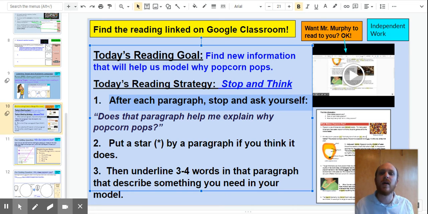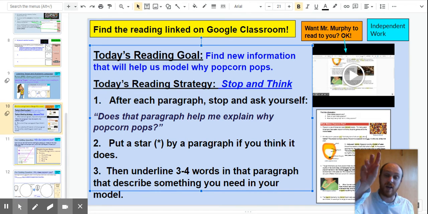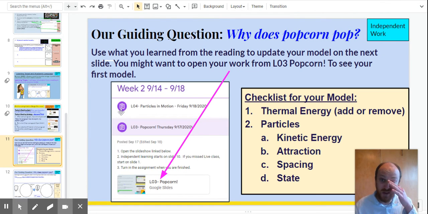No. Okay, keep going. And when you find a paragraph that does, you're going to put a star next to it. There's actually a star in the reading. You can just drag it, find the orange star at the top. You can drag it towards the paragraph you think is best, and then underline a few words that help you. If you want me to read to you, click on this, I'll read it to you, no problem. After you read it,